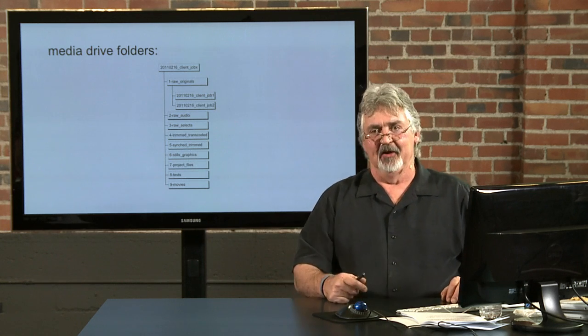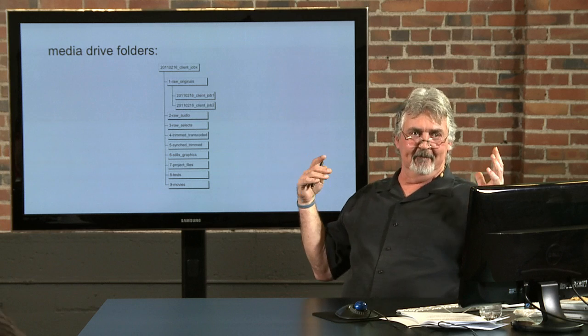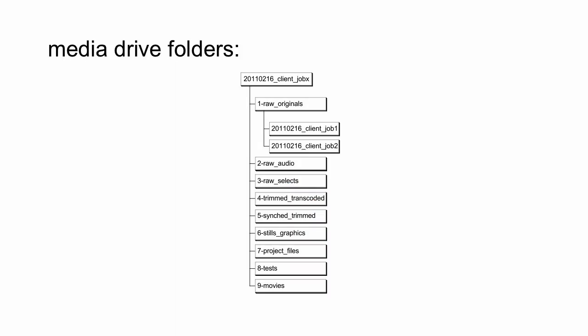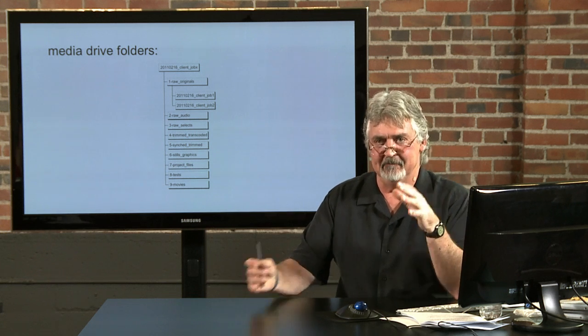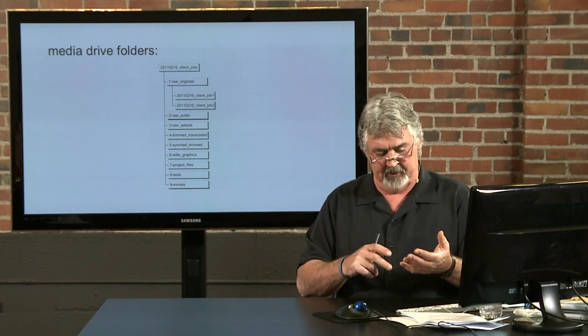Okay. So we've got all these drives and, you know, we're getting all set up. How do we set up a folder and naming convention that allows us to find the stuff and work with the stuff down the road? Motion, or Final Cut Pro, throws off more types of files than you would believe. All of a sudden, you have render files for your video, you have render files for your audio, you have your raw, you have your transcoded, you have your synced, you have your audio, you have, well, my system, I've ended up with